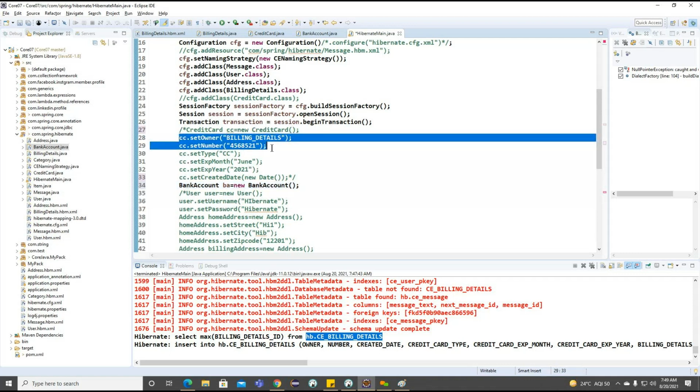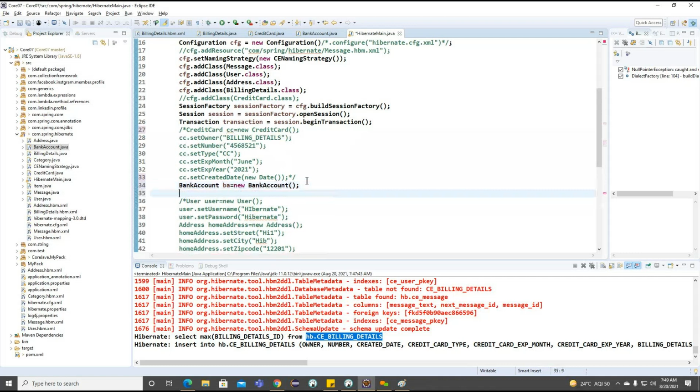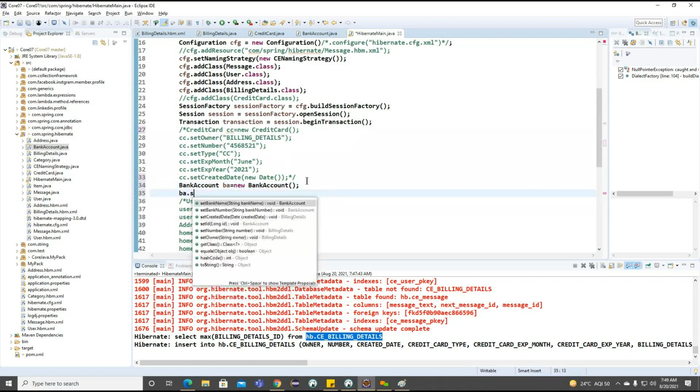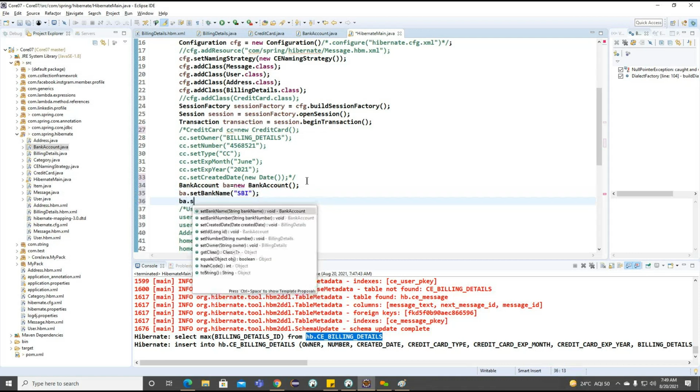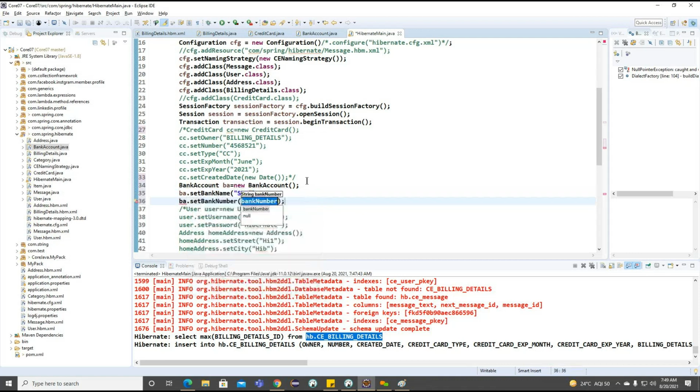So owner, bank name here, we can go for the SBI. So bank number, some random number I want to give. This is all about our bank number. Bank number is nothing but account number.